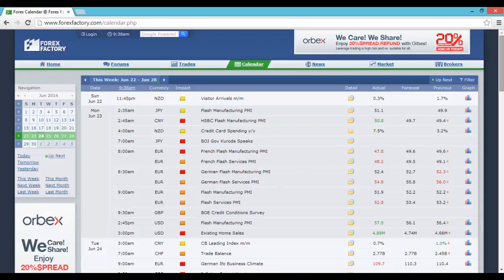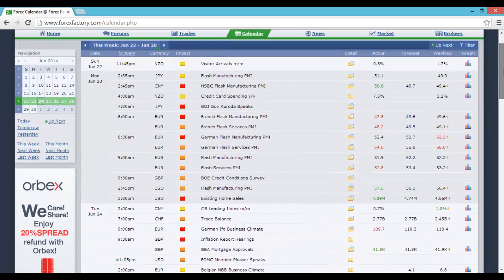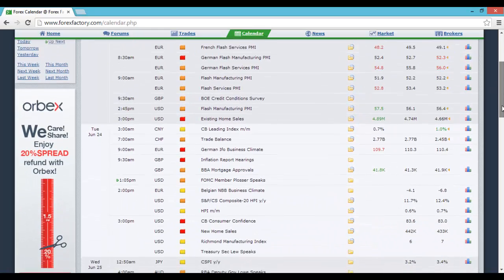Okay, let's briefly have a look at the Forex calendar. So today's Tuesday morning. What do we have yesterday in terms of high impact data? Overnight yesterday we had Chinese HSBC flash manufacturing PMI came in better than expected, with Eurozone French flash manufacturing PMI and the services both came out weaker, and then we had the German flash manufacturing and services both came in weaker than expected. Then the Eurozone both came in weaker than expected as well. And then to end off yesterday, we had the US existing home sales, which came in better than expected. So quite a lot of weak Eurozone data yesterday.